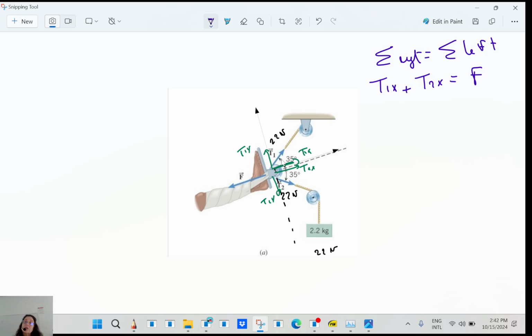And what's the x component here? It's easy. It's in the first quadrant. So it's going to be T cosine 35 plus T cosine 35. That's going to be your F. So F equals 22 cosine 35 times 2 in magnitude, because F is pulling to the left. So F will be equal to